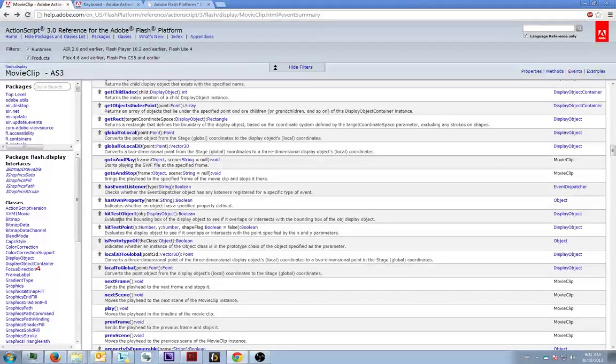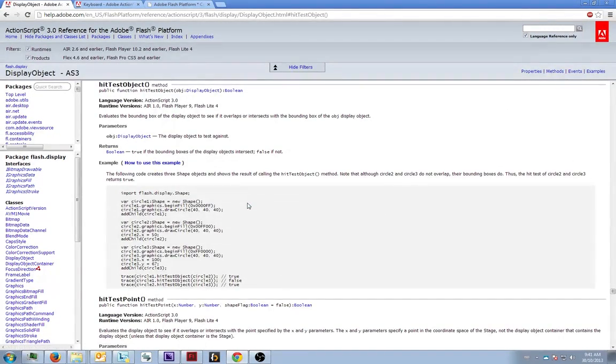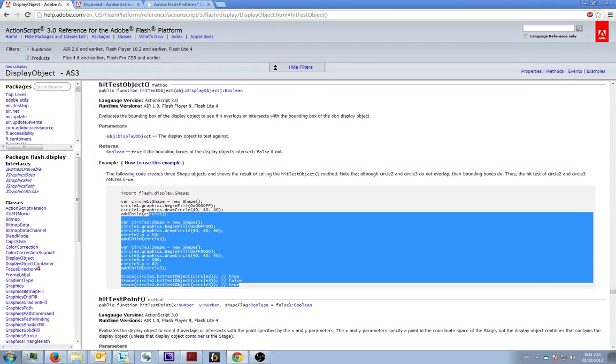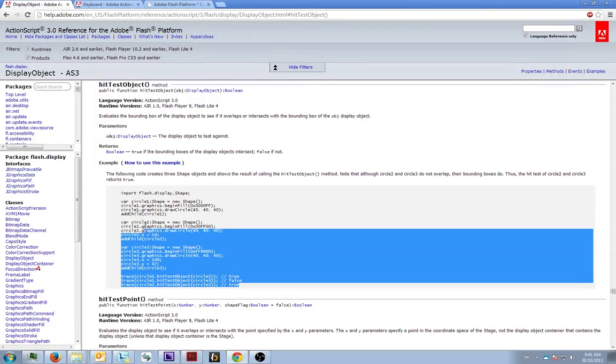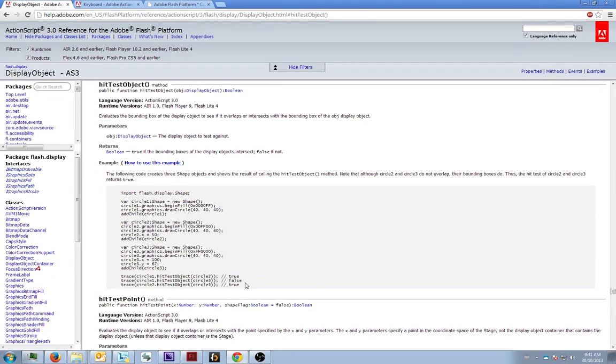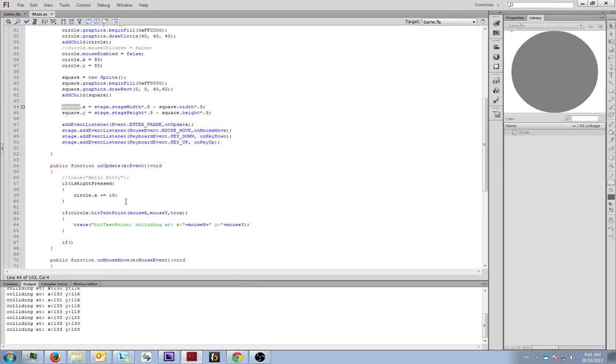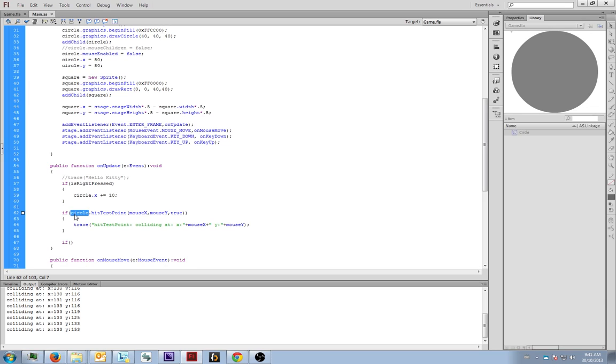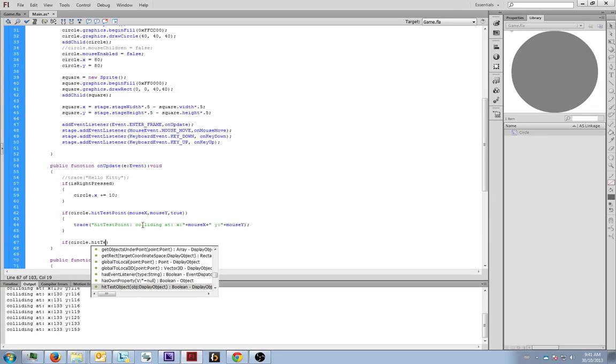This is the one that evaluates whether or not the bounding boxes overlap. This is cheaper, and it's also a little bit simpler to implement, right? You don't have to test a point, you can actually test whether or not two objects collide. And they give you a pretty good example of how this works. If you found this, it will probably tell you exactly what you need to do to get it working. Good on you. But we've got ours a little bit more dynamic, so I'll show you it anyway. circle.hitTestObject